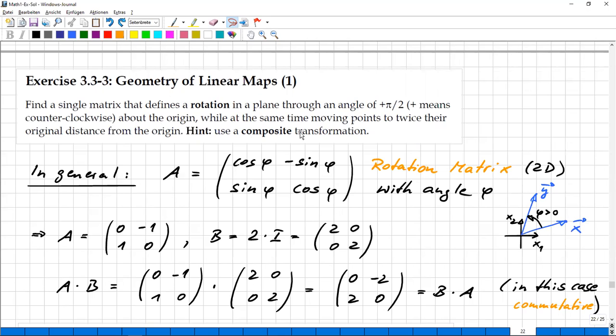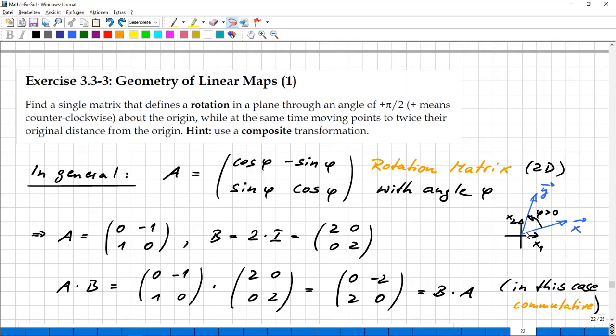Now, about some background. What you should know, or what you even must know to this end, is how to construct a rotation matrix in 2 dimensions. But this is quite easy, well, you might look up some books or tutorials. It's quite easy to derive. And the result is that such a matrix, which rotates all the vector space